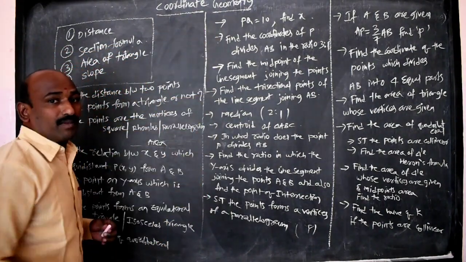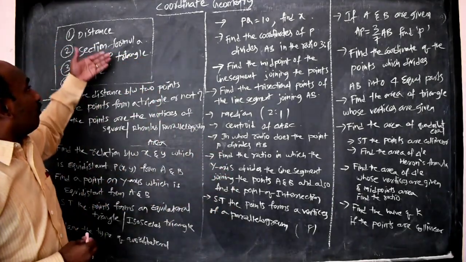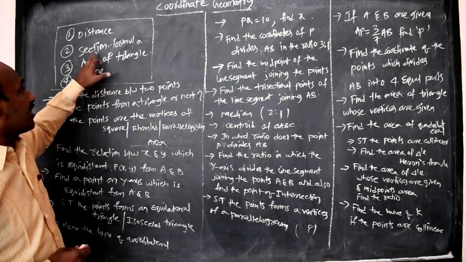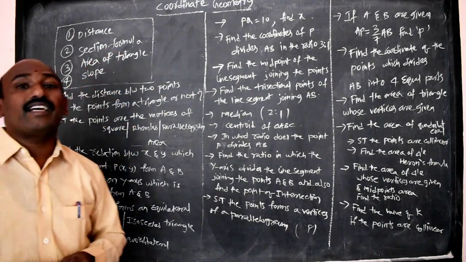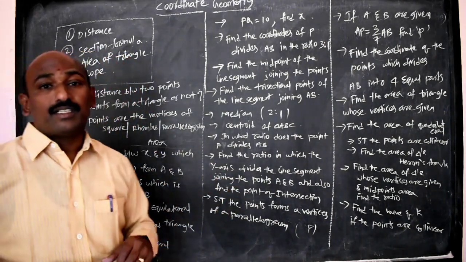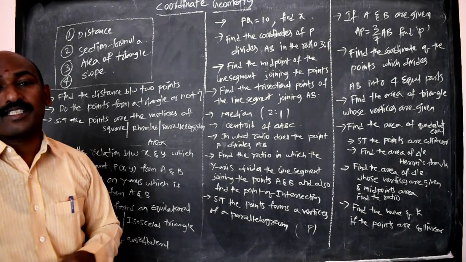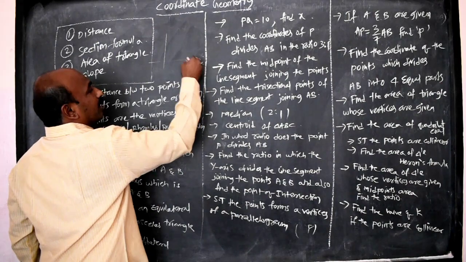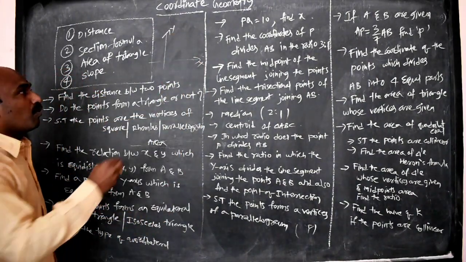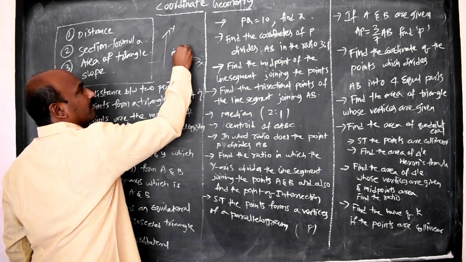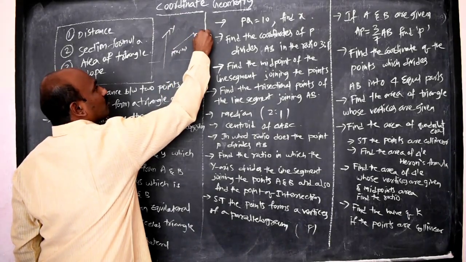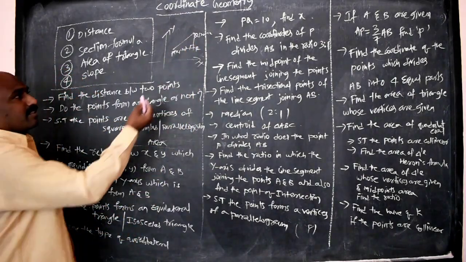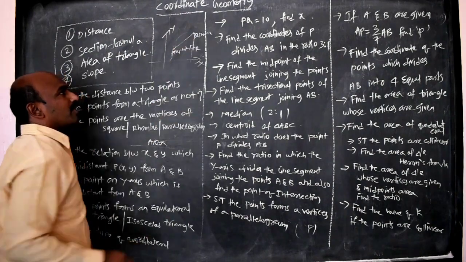We can use only the formulas, and here we have 4 major concepts. The first concept is the distance formula, the second one is the section formula, the third one is the area of the triangle, and the fourth concept is slope. These 4 concepts only. First of all, the distance between 2 points. In the xy plane, we can derive the formula for the distance between 2 points. If you take a point P (x1, y1) and another point Q (x2, y2), we can make a right angle triangle, and by using it we can get the distance PQ.